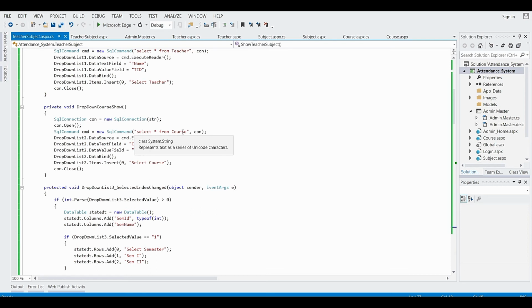It will take all the records from the course table, execute this SQL command, and store it in the data source for drop down list 2, with the data text field, that is course name, and data value field, that is course id, which are the column names in the course table, that is course name and cid, that is course id. These two columns are present in the course table.